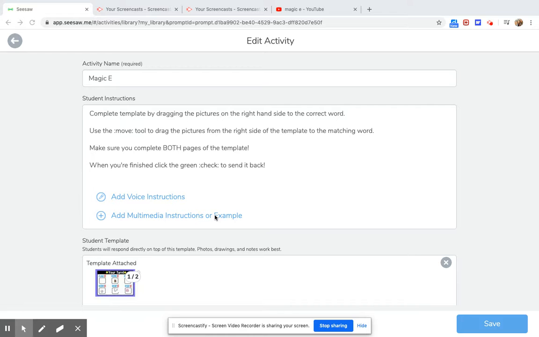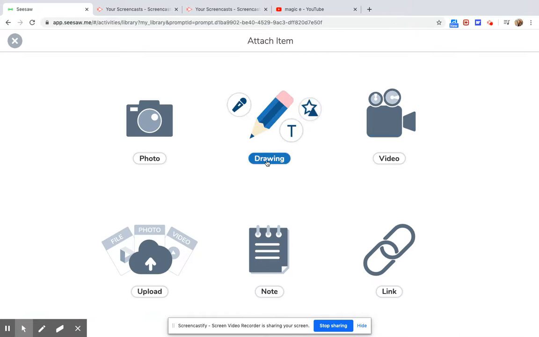So if I want to add maybe a YouTube video, or in my case, I made that Magic E video where I explained what the Magic E was, I would add that right here. For the sake of time, I'm going to just upload a YouTube video. So it looks the exact same as the student template, but remember that this multimedia instruction, the kids cannot interact with. So they can't do anything with it aside from follow the link or watch the video or go to